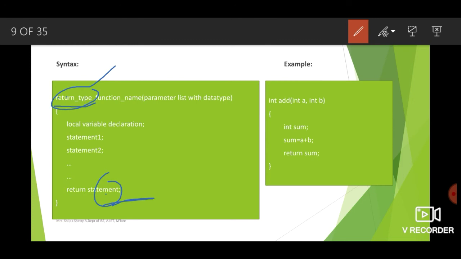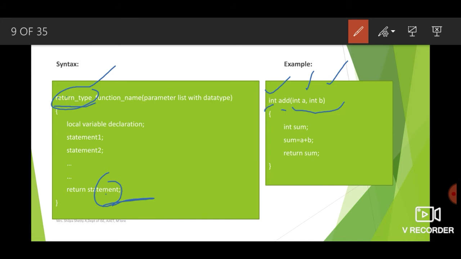This is the same add function which we have already discussed. So first we write the return type. It means the add function result is in the form of an integer, followed by the name of the function. Then we have the set of parameters. Here we have two parameters, a and b. So we need to write the data type along with the parameter name. So int a, int b, because both are integers.